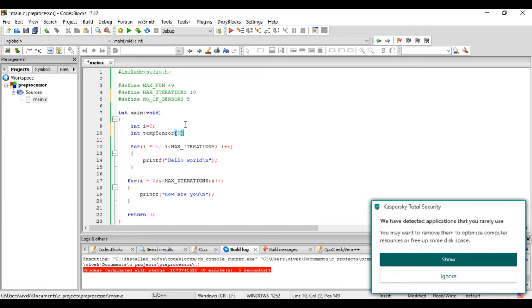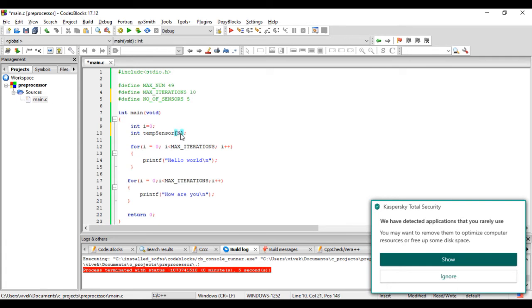So either we can mention 5 here, that will mean that we are creating an array of 5 sensors. But tomorrow if the program changes, if we include more sensors, we have to change it here, and let's say the number of sensors has increased to 10, we have to make it 10.